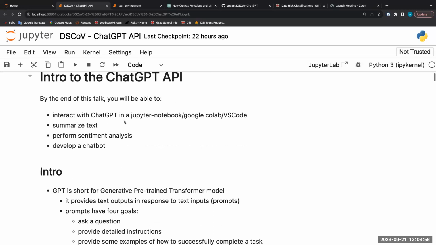I will show you how to summarize text, how to perform sentiment analysis, and how to put together a simple chatbot. And the magic of ChatGPT is that putting together a chatbot became super easy. Companies used to spend years to develop chatbots, and they only worked kind of okay-ish.